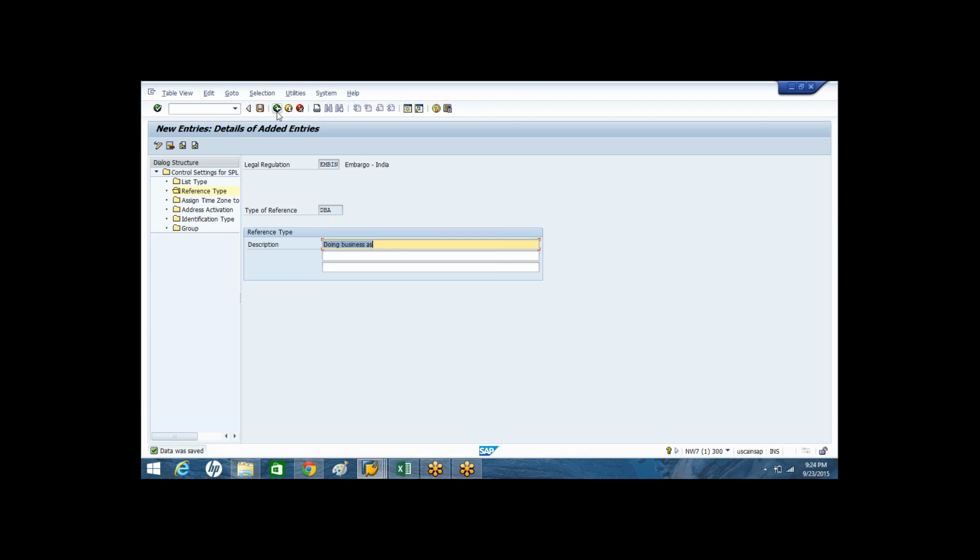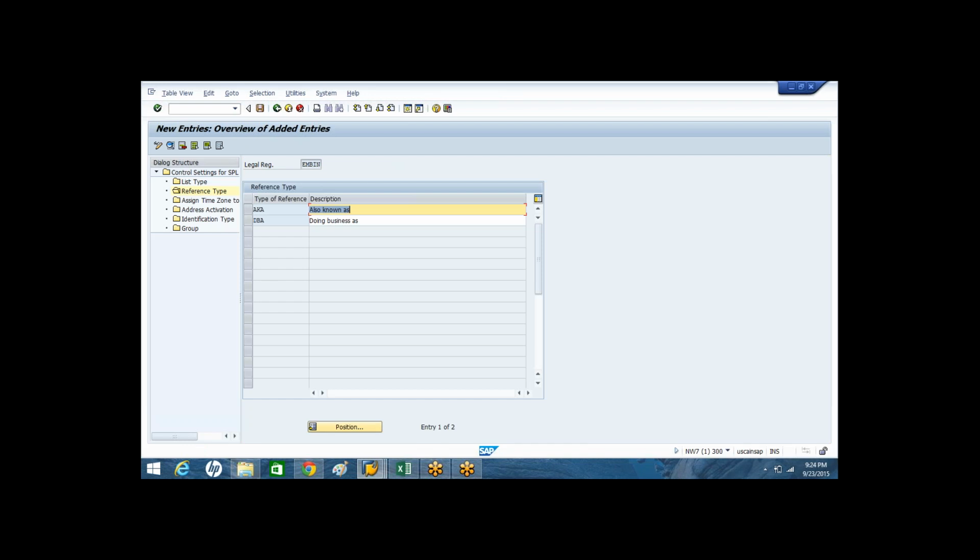So these are all the configuration control settings for the SPL screening scenarios, which you have to define at each and every legal regulation level.